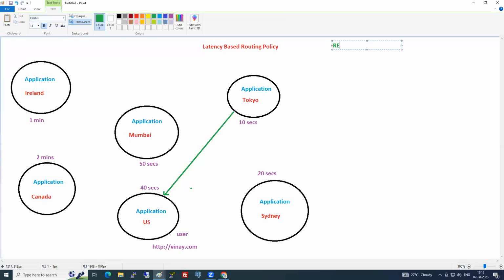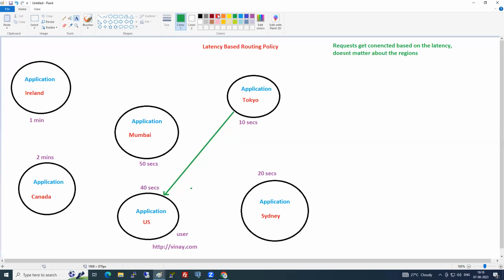Clear guys? Do you all understand what is latency based routing policy?